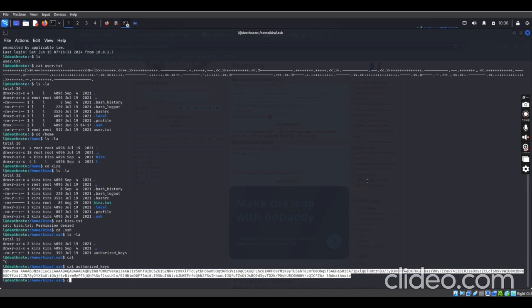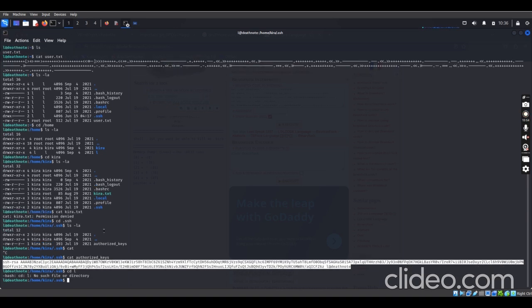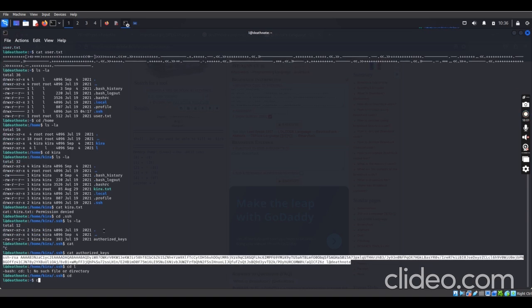Then from here I'll cd to the L folder. We'll just cd, then cd to home where we have the users, /l.